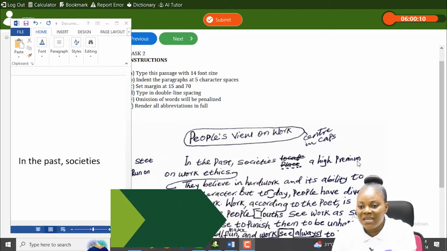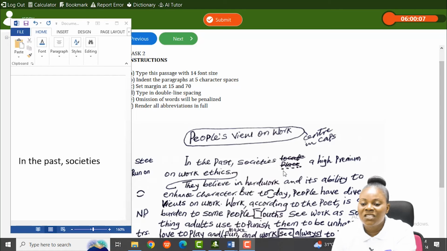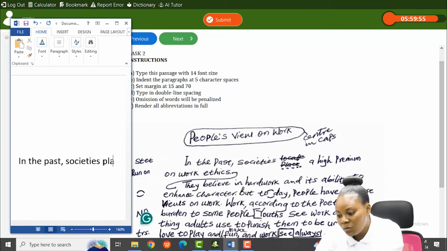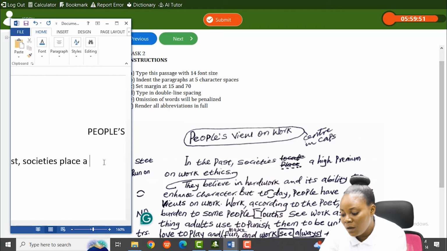Locate has been taken out. Place has the dotted line under. So we are going to type societies place, not societies locate. So that is the correction that you're expected to do there. Societies place a high